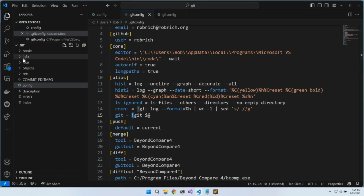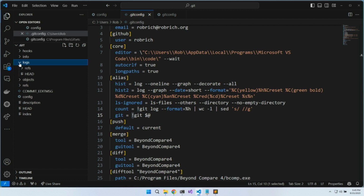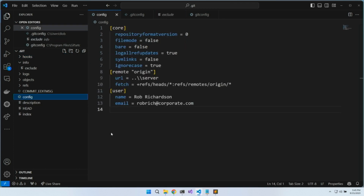So that was the last file that we got to look at here in the .git folder. We got to see how we stored our objects as commits, trees, and blobs. We got to see how we created refs that identified branches, tags, and remotes. We got to see logs where we keep track of things like the ref log so that we can get out of a detached headspace, or if we accidentally deleted the branch name. We saw interesting things in info like please don't write your .gitignore file here. We saw automation where we can run unit tests or linting or whatever we want to do either before or after we push, before or after we commit. And we saw some interesting things including the config file that allows us to be able to do really interesting